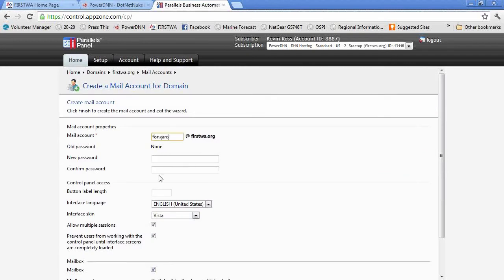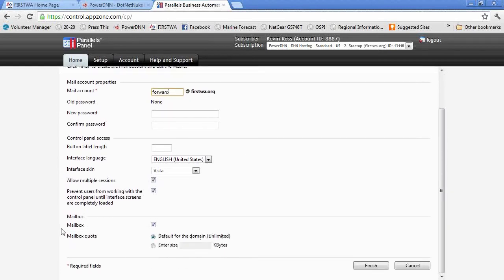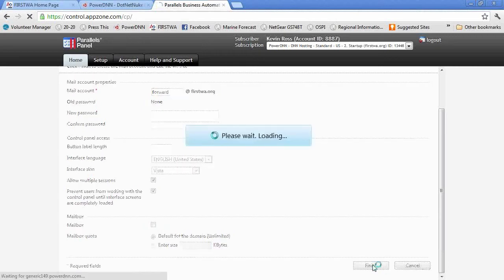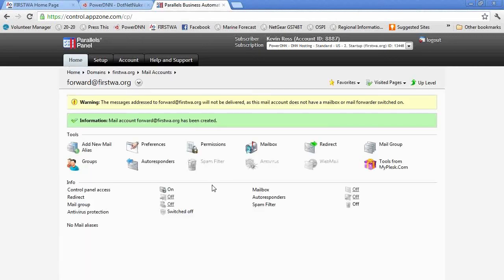And I don't need to give it a password because I'm going to come down here where it says mailbox, and I'm going to turn it off, and then I'm going to hit finish. You can see it's going to give you a couple of warning messages. Those are fine. The next thing you're going to need to do is come down to where it says redirect